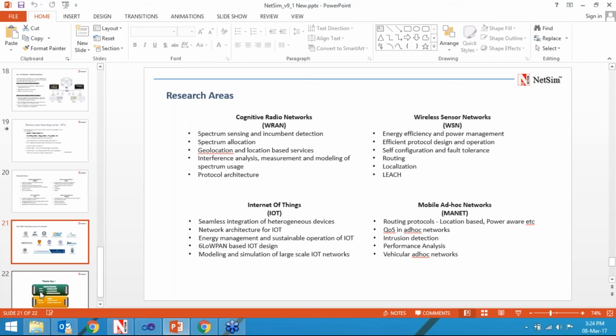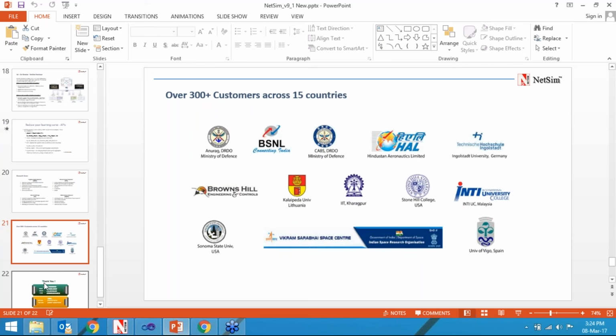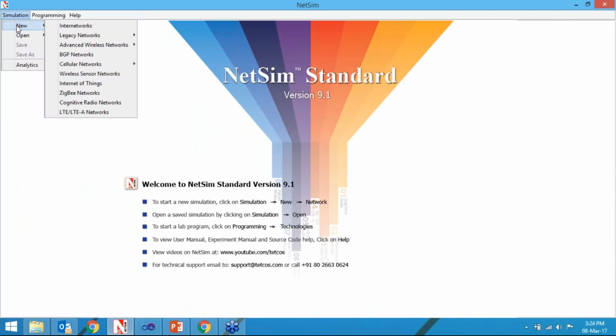So if you want to design anything in Netsim, we have to first go to the simulation and new. Here we can see all the components that are provided in Netsim. Internetworks, legacy network, advanced wireless network having Mannet, Vannet and WiMAX, BGP network, cellular network having GSM and CDMA, wireless sensor network, IoT Internet of Things, Zigbee, cognitive radio and LTE networks. So whichever network you want, you just have to click on the network and you can design and analyze this network. So we just select the internetworks